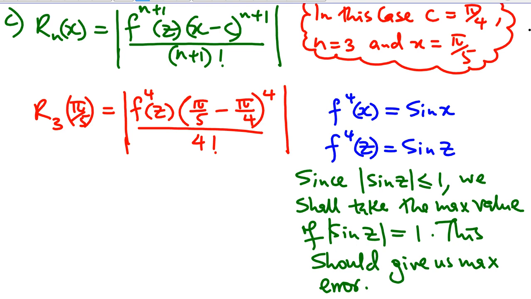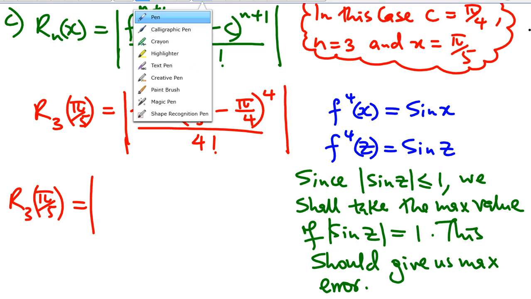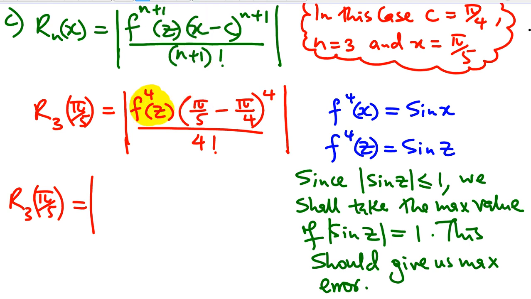So here, what you're going to end up with is R3 pi over 5, and basically what you're going to do is, in place of this bit, we'll plug in 1. So what we'll end up with is